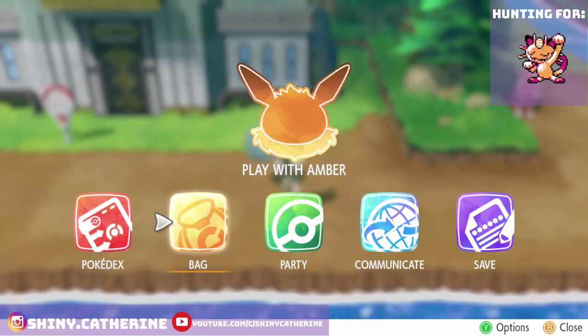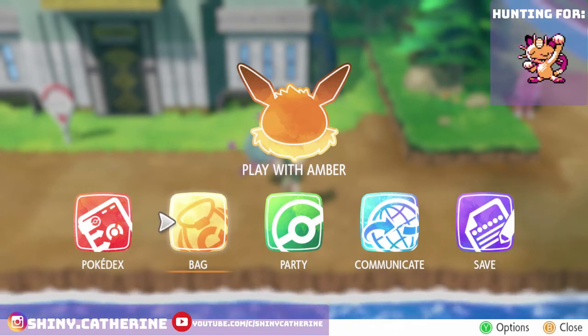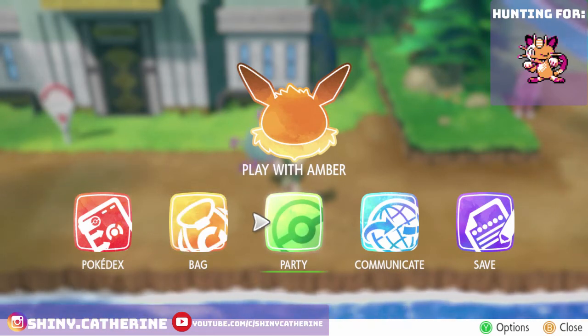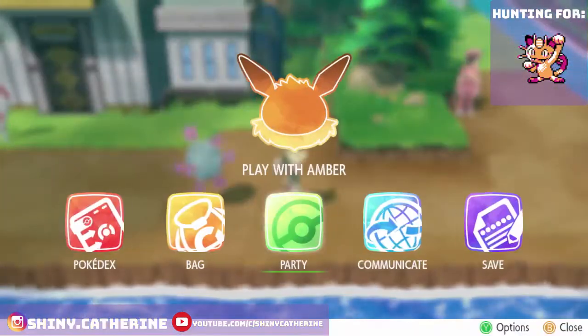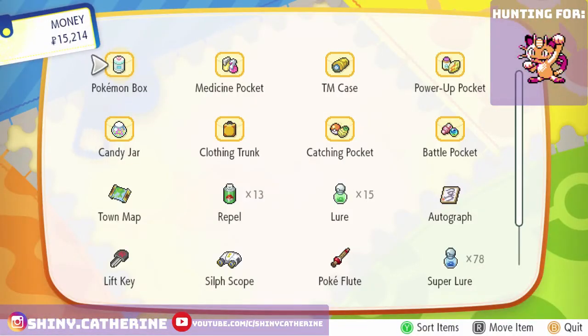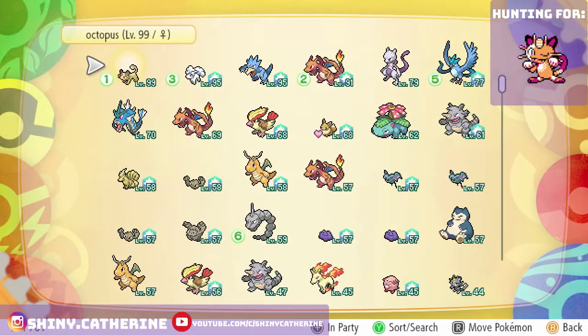Okay, so I think that we are rolling. Yeah, this is working, which is really nice because it wasn't before. Okay, so since it's working, which is really, really nice, we are going to be hunting for shiny Meowth, as you can see in the top right corner, because as you can also see,